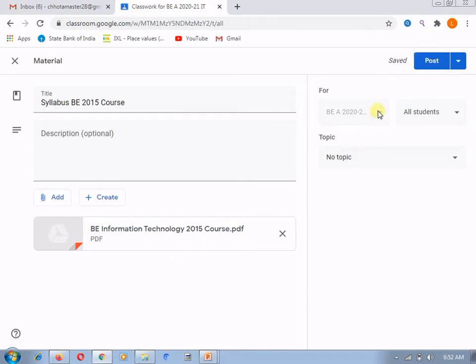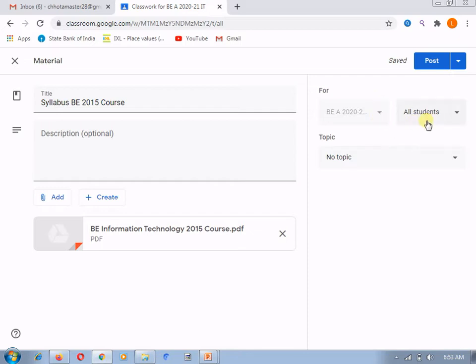Before that, you can select the classroom to which you want to post. Currently in this account I have a single classroom, but if you have multiple classrooms, suppose you are going to teach the subject for both the divisions, that is BEIT A and BEIT B, or both the shifts, we can say, for our college, here you can select both the classrooms.